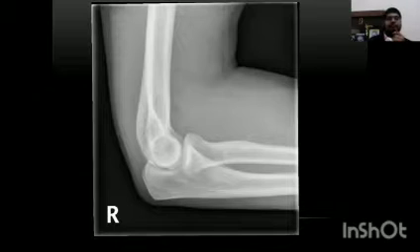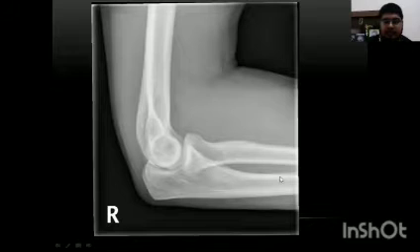After the exposure, we will get a radiograph like this. In this radiograph of the elbow lateral, the base of the humerus is clearly visible, and the ulna and the radius are clearly visible, and the joint space is also clearly visible. This is the head of the radius, the rounded head. This is the neck of the radius, and this one is the radial tuberosity. You can see it clearly.